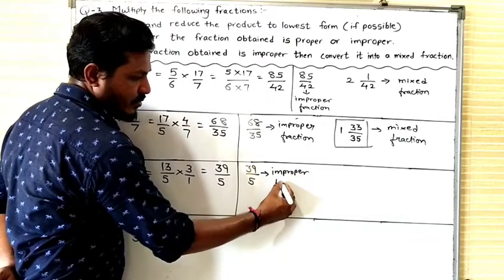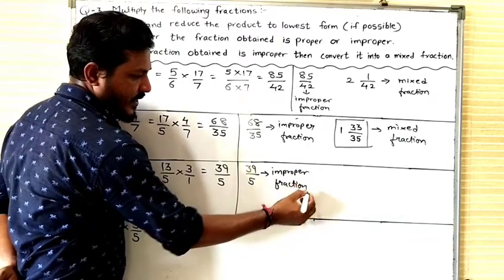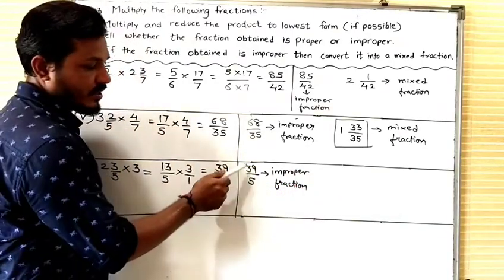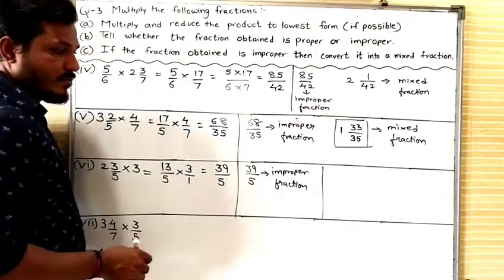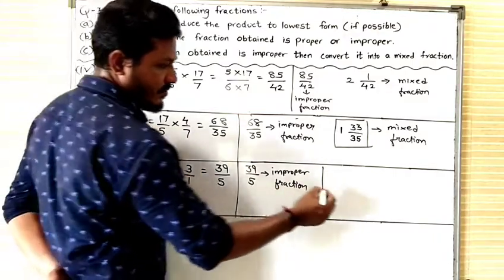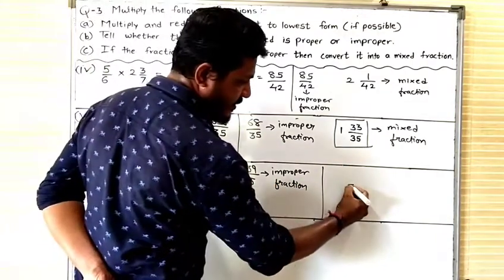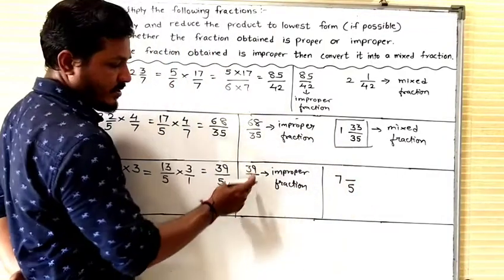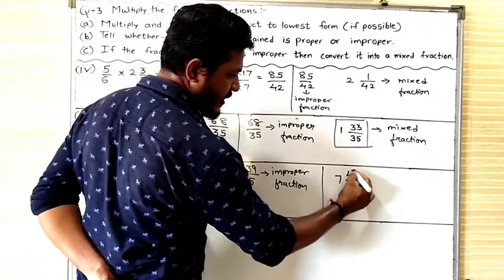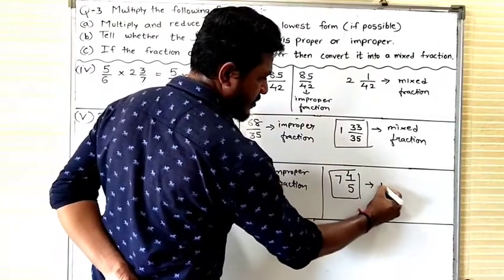Dear student, you should know which fractions are improper fractions. A fraction whose numerator is greater than its denominator is known as an improper fraction. Such a fraction is considered to be an improper fraction. Now you have to convert it. No need to divide also, very easy. So what will you do? 5 7s are 35. 35 plus 4, 39, is a mixed fraction.